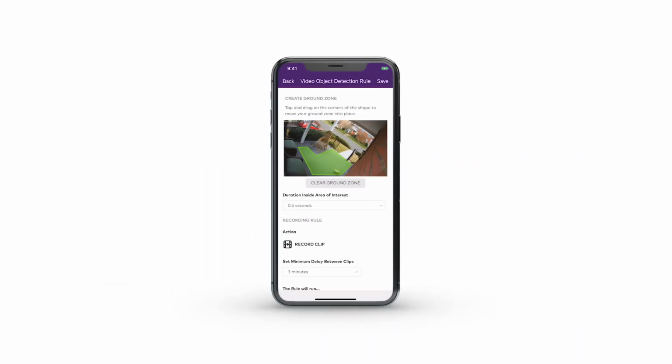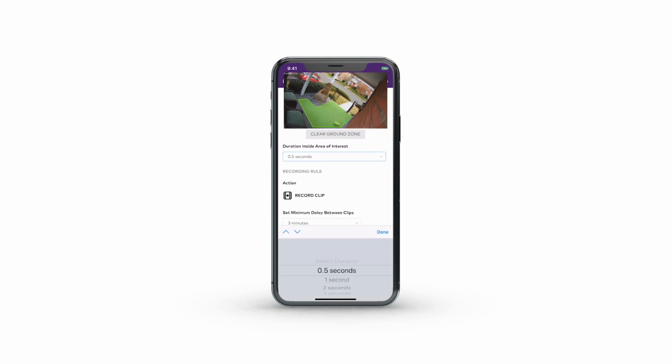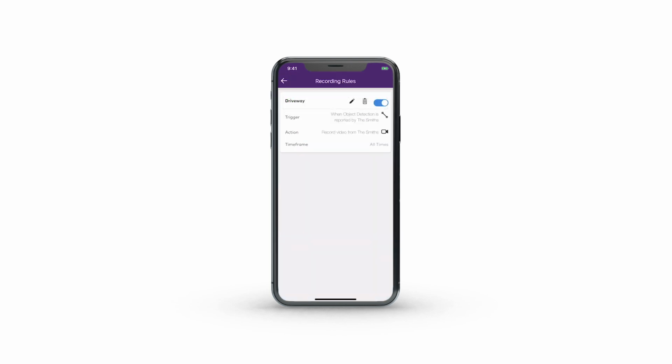With cameras that have video object detection, or VOD, you can set up smart video alerts by drawing virtual tripwires and fenced-in zones to identify when people, animals, or cars are on your property. By setting up these rules, your camera will continuously scan your property and notify you of the activity that's most